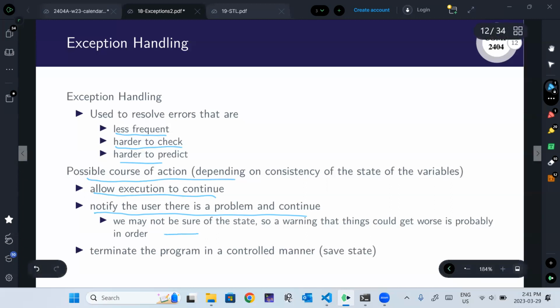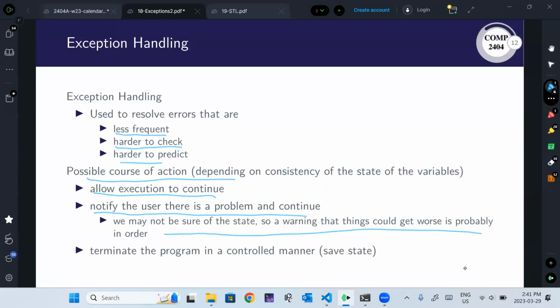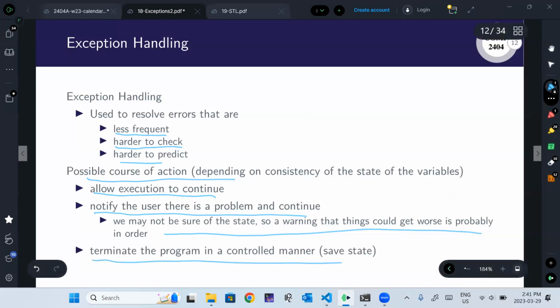Right, and the idea behind that is, if something went wrong, like your date variable is now the 13th month, then that's really unexpected, and maybe you should crash at that point so that you do not perpetuate this error throughout the rest of your program. But that's up to you. Sometimes it's better to terminate in a controlled manner than allow some problem to become way worse.